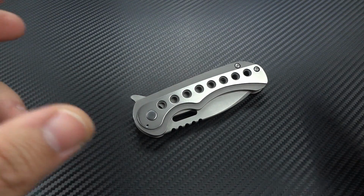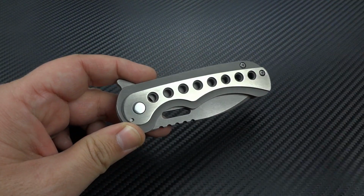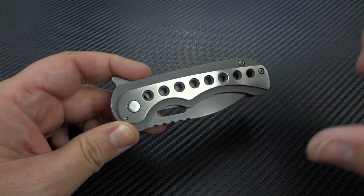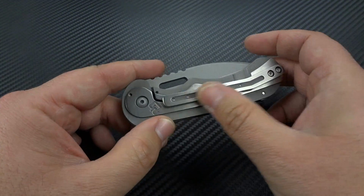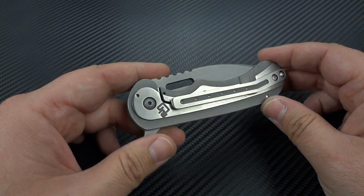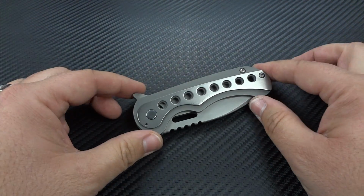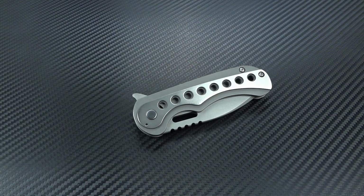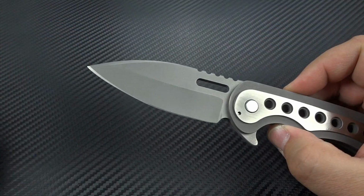And no, it's not in that classical sense or categorization. Generally, a gentleman's folder means it's going to be 3 inches or less on the blade, it's not going to have a pocket clip, and it's certainly not going to have this tactical style to it. However, what Greg wanted to do was introduce a knife into the world of the tactical flipper that falls very close to being a gentleman's folder, meaning it is a 3-inch blade,